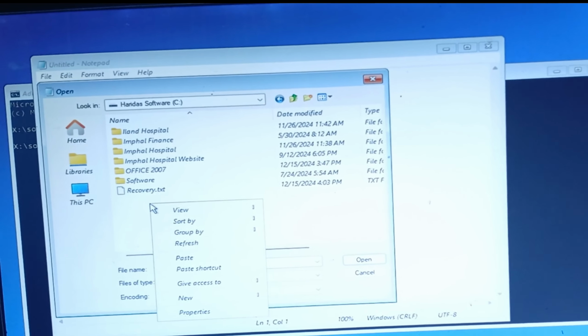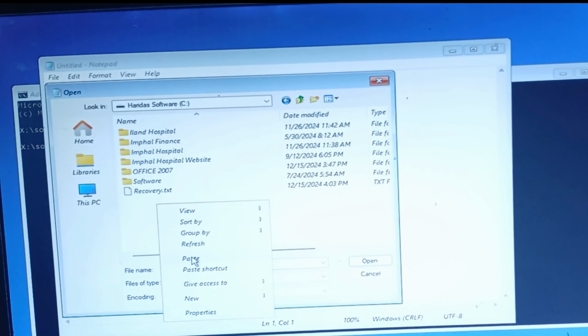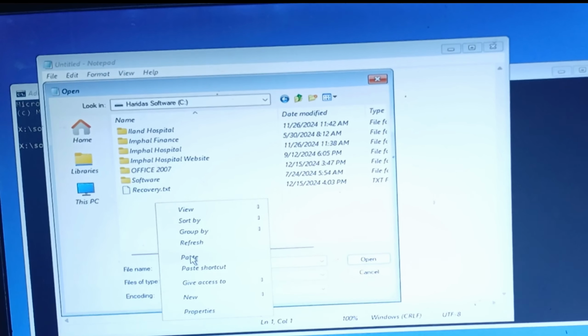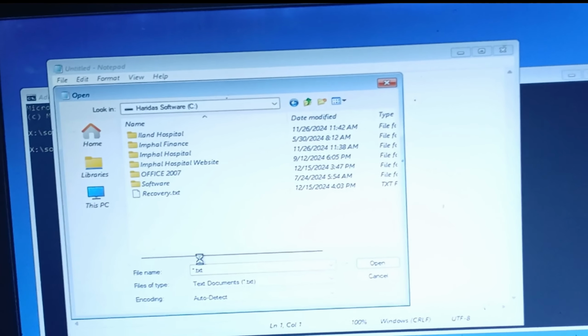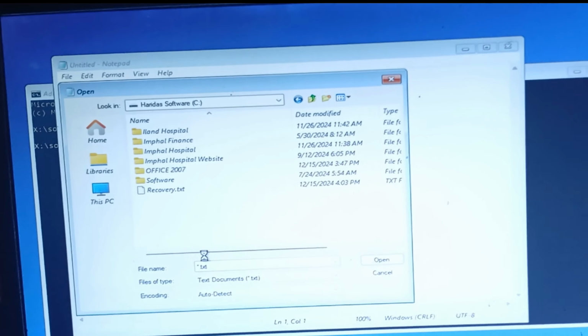In this technique, pasting and copying takes a lot of time, and the progress bar is also not shown. In this way we recover desktop and other